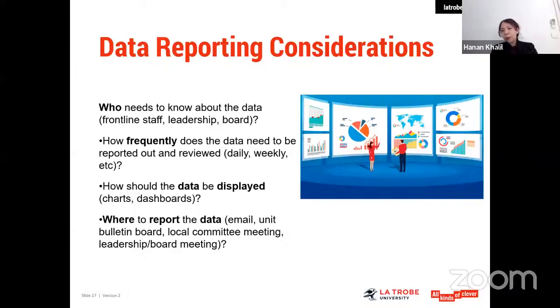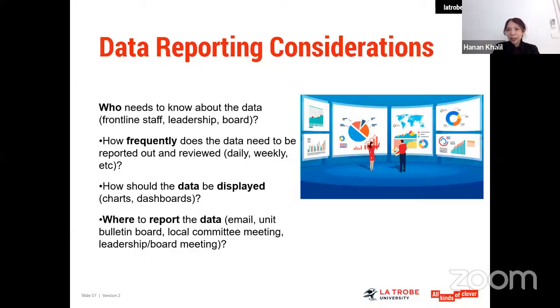How should the data be displayed? A lot of modern hospitals now have data displayed in dashboards and charts, and it's something that is used a lot in the US to give the impression to patients that management and the board are on top of hospital quality and making sure that the patient is the focus of the care.